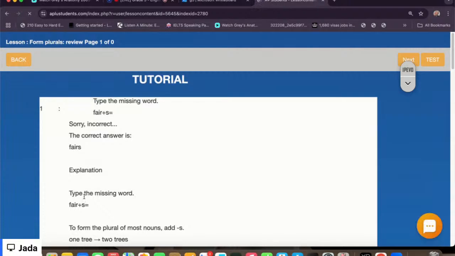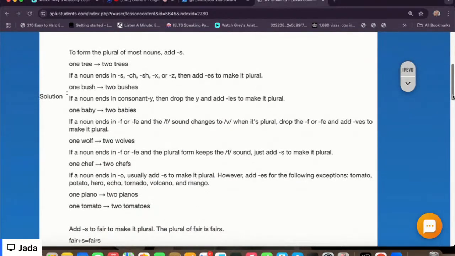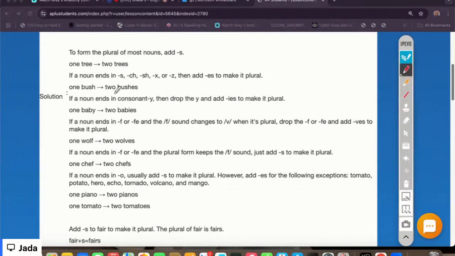Okay, so this is basically like the same thing that we've done. Okay, so remember that to form most plurals you would add S, and then we have the one to add ES. We have the one that you change from Y to IES, and then VES, then S also, then S or ES. Okay,